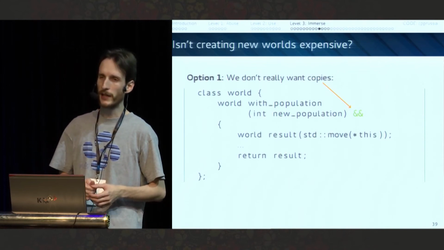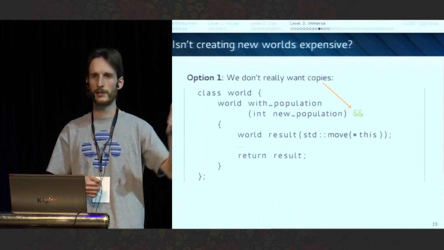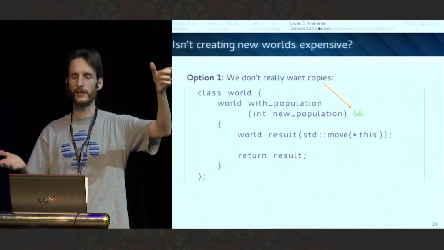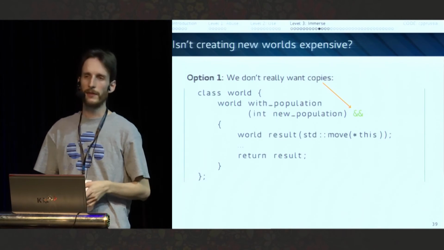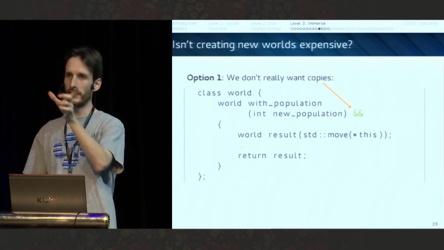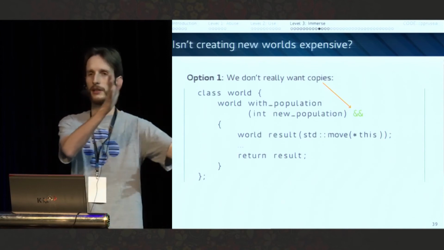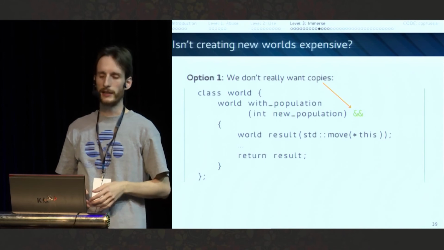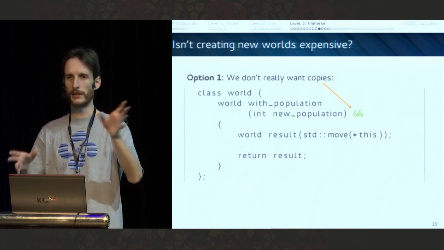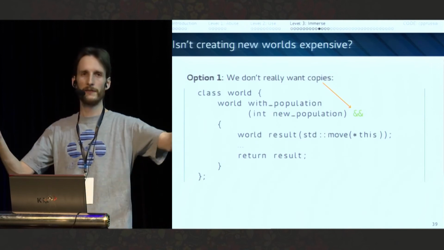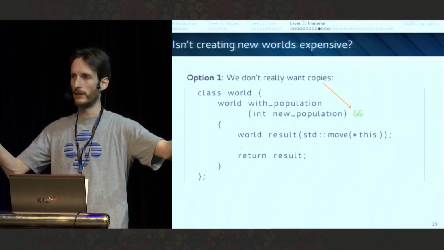So if we have a world and we want to change how many people exist in the world, we would have a function called withPopulation. And the function withPopulation should return a new world with that population. If we declared it as normal world something const, it would allow the user to duplicate the world as many times as he wants, right?